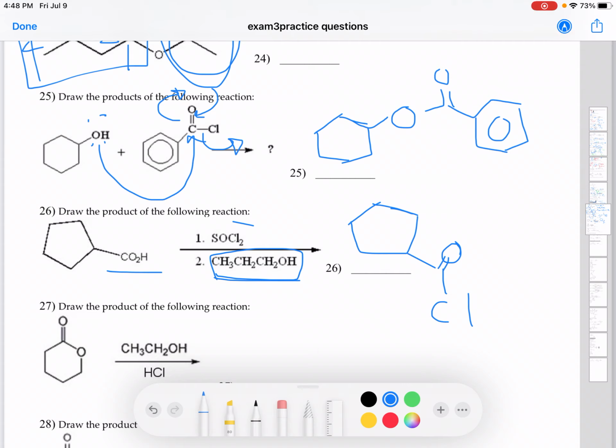Basically a similar mechanism like before. Alcohol will react with the carbonyl group and leave chloride, giving you the ester with 1 2 3, 1 2 3 like that. Okay,